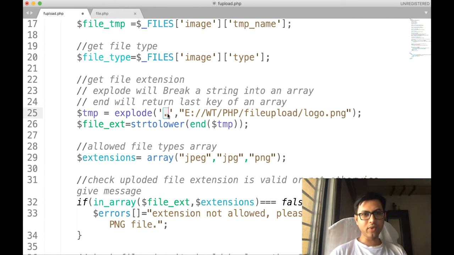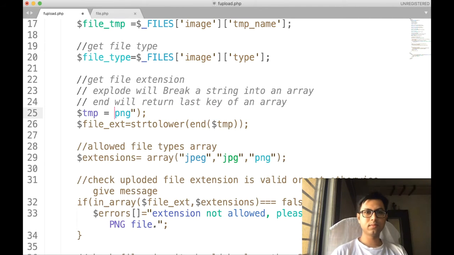Over here we had specified the delimiter as a dot. So in this string, wherever a dot occurs, for example here, it will break the string like this and return the last key of this array. Since we have only one dot in this string, the last key is png only. So $_temp is going to be assigned this value, png.